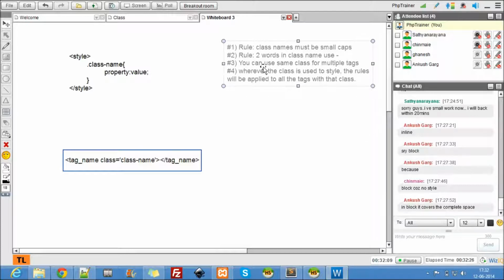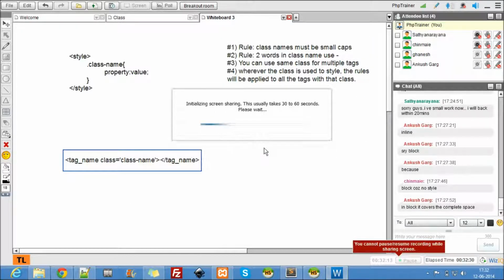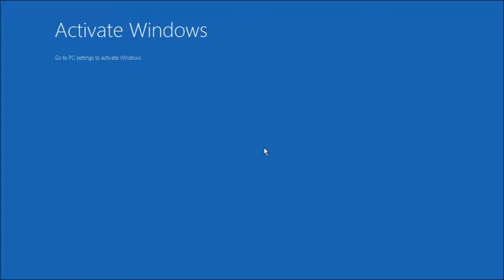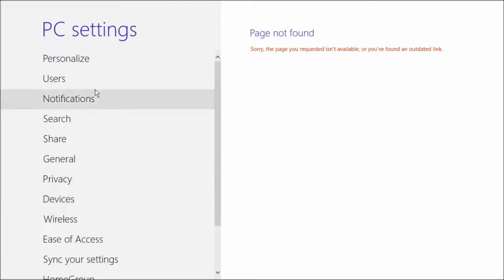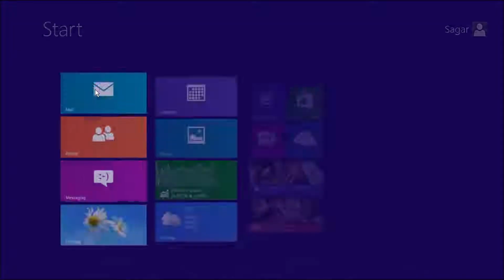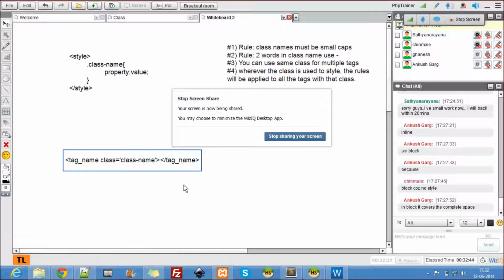Okay, so now let's see with an example here. I'm gonna share my screen. Any questions on class names? This is really important. Class names are important from now onwards. I know what this problem is. This comes every time. Alright, so class names are really important.